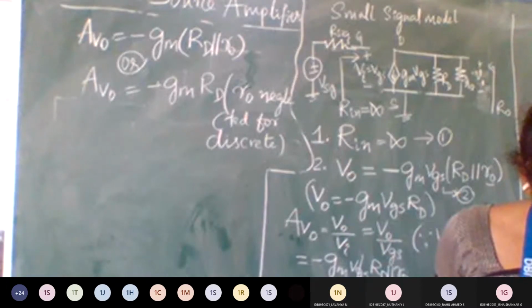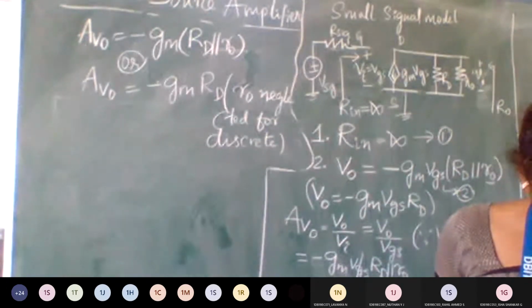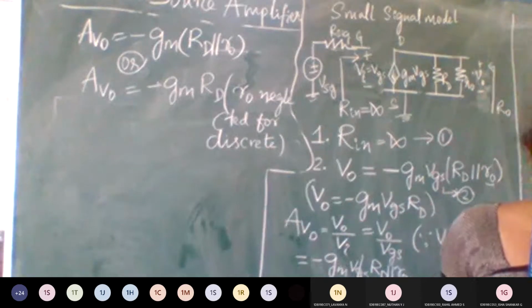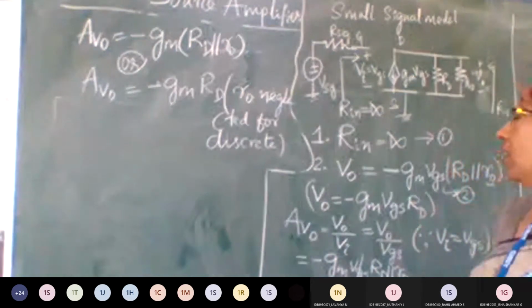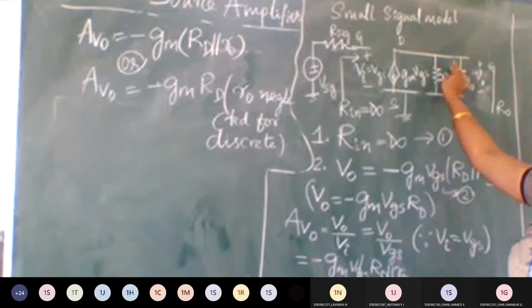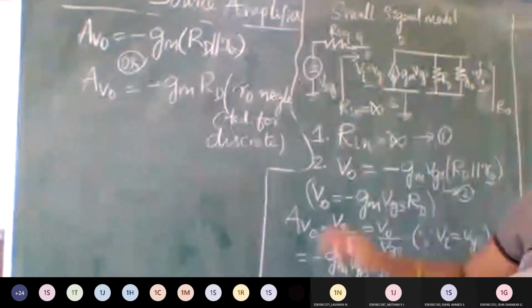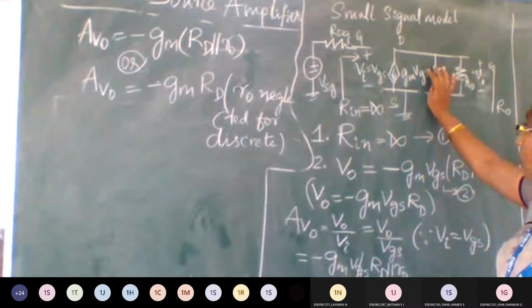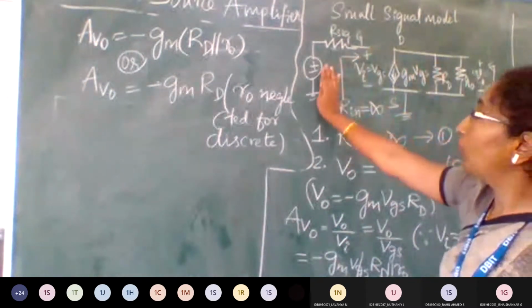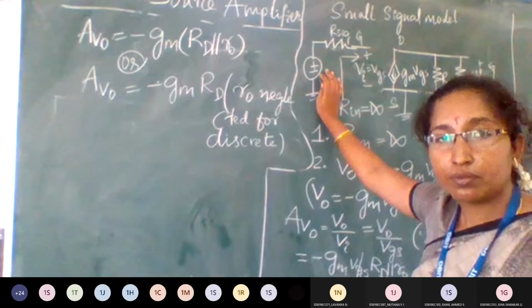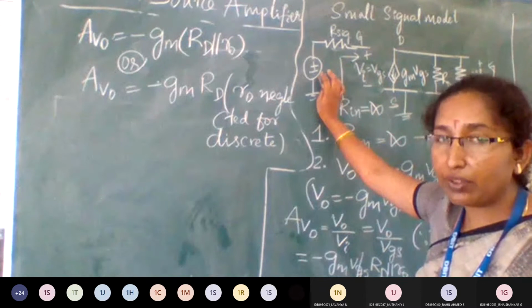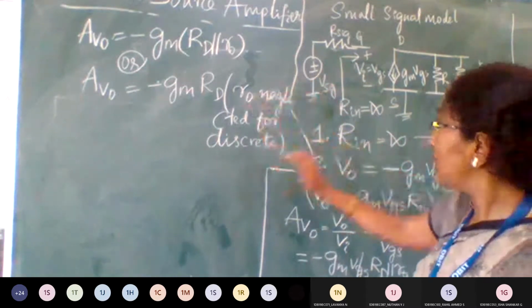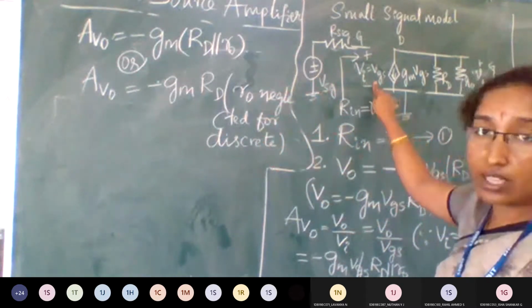Output voltage. Yes. Okay, next we'll find out output resistance. We are going to look into the output terminal. Which is the output terminal? It is the drain. Okay, how to find it now? When you want to find the output resistance towards the output terminal, the input voltage should be grounded. So input voltage Vi will be grounded. If Vi is 0, VGS is also 0.